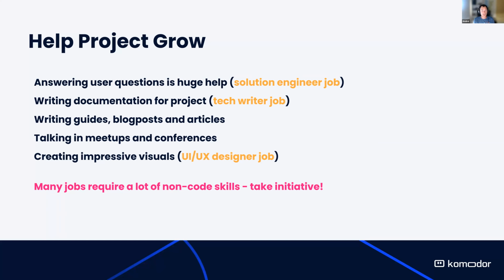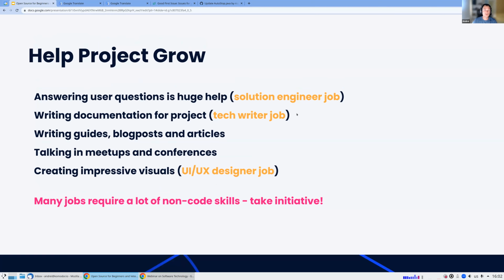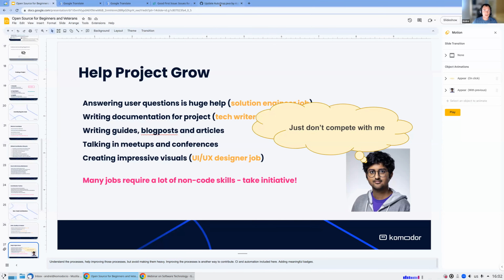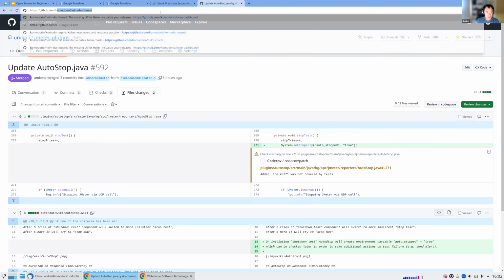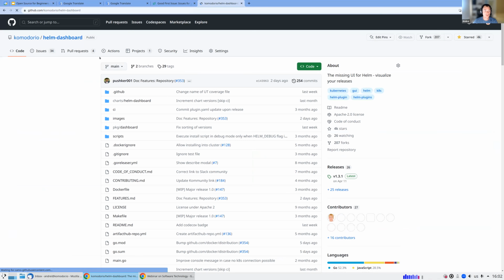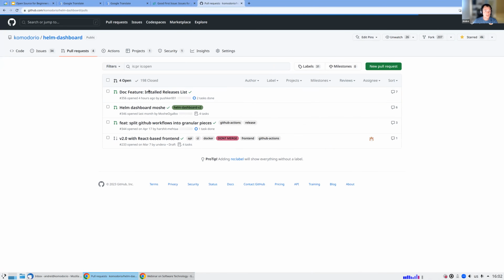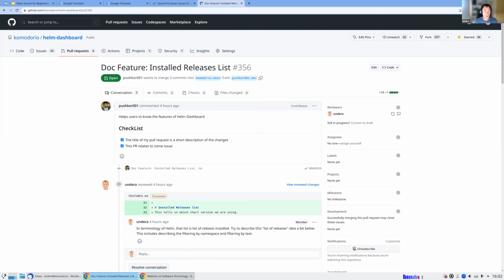You can write documentation for the project. This is, by the way, a really good thing that we, spoilers, show you. It's the evidence of what's going on now with the Helm Dashboard project. We have a really active guy, and his name is Pushkar. I don't know if I pronounced that correctly, but he's doing pull request after pull request, and his pull requests are non-code contributions.